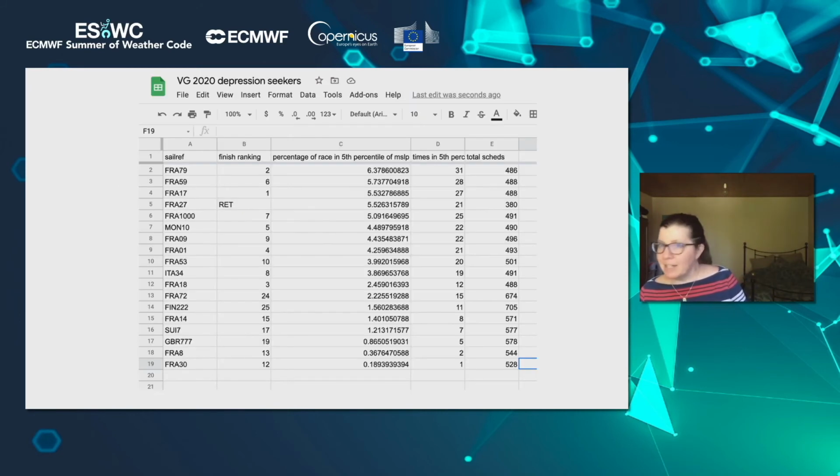Next slide. And finally, this is possibly the most exciting slide in my opinion, but disguised as the most boring. It's a spreadsheet where, and this is one of the nice things that using the GeoPoints format allows, it's the competitors ranked by the percentage of time that they spent in the areas of low pressure under the 5th percentile. So I looked at all of the pressure readings, found the 5% lowest ones,